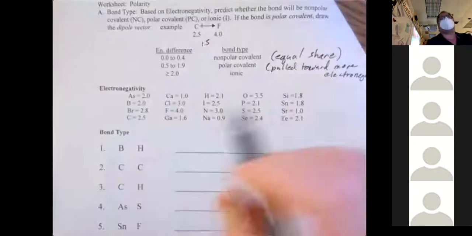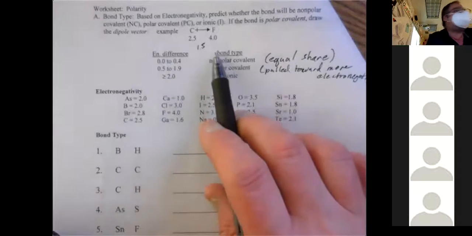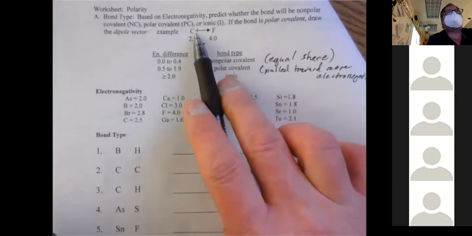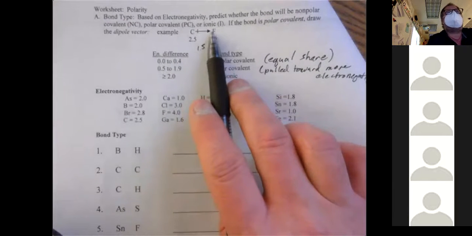And the one that wins out on this is the one that has more electronegativity. So that's why you see this arrow pointing towards the F, because these electrons are being pulled closer to the